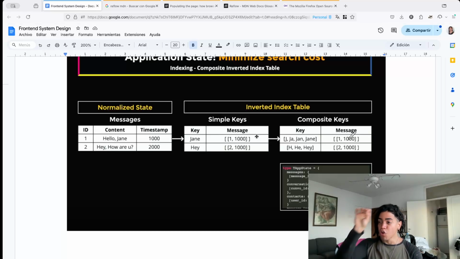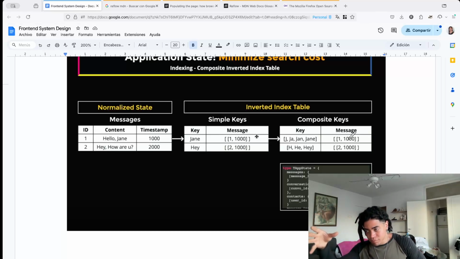And when we need to search for data in each one of those messages or inside of this normalized state, we're going to create this inverted index table that will not only point to simple keys, but also to composite keys, as a way to now say, hey,